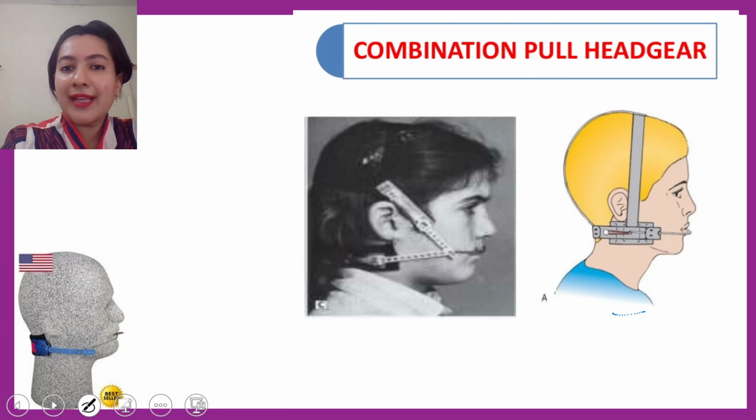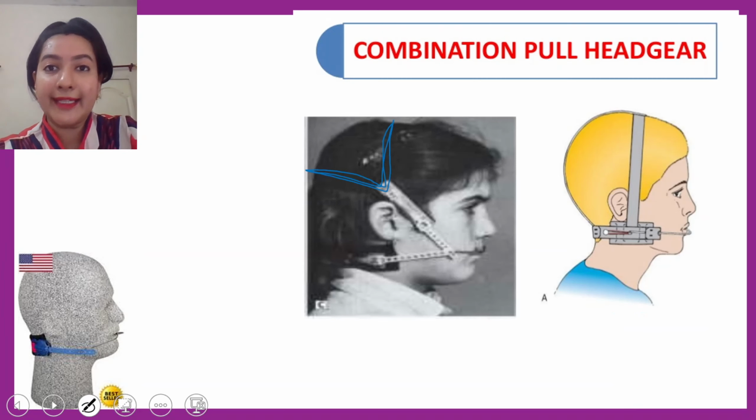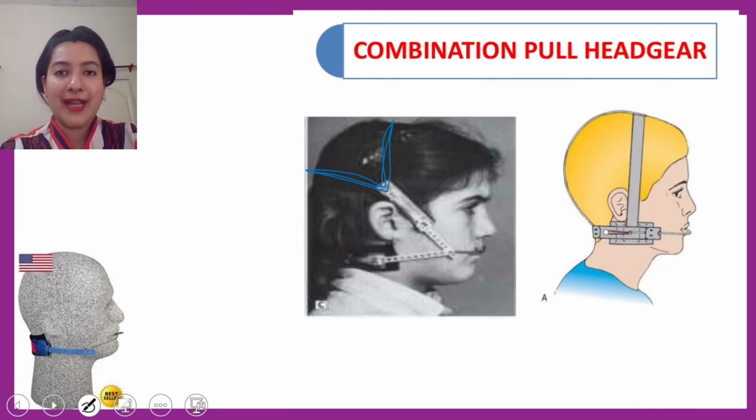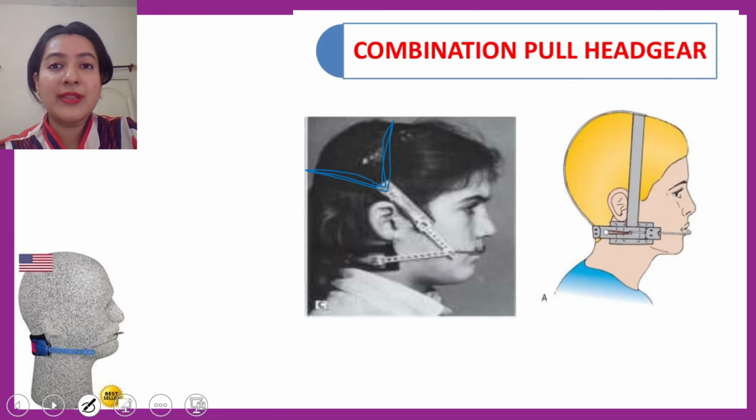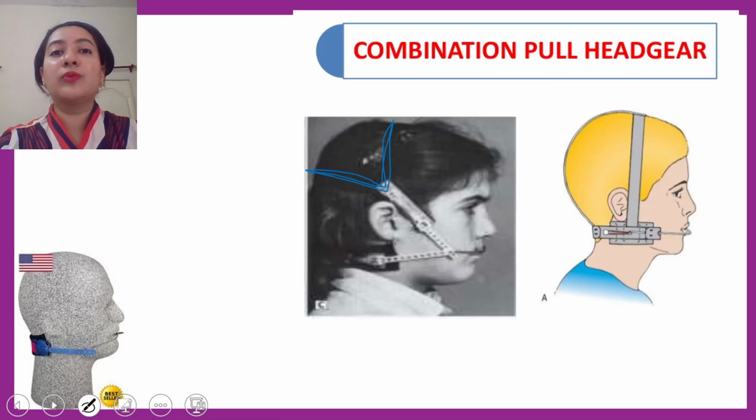What happens, as you can appreciate in this photo, is that the patient is already having an occipital headgear. Sometimes occipital headgears tend to distalize the maxilla. Along with that, it tends to pull the maxilla upward. Okay. So that is something which is not desirable in all the patients. In some patients, we might want the maxilla to move upward. In some, we want the maxilla to move bodily. In few patients, we might want a little downward movement of the maxilla.